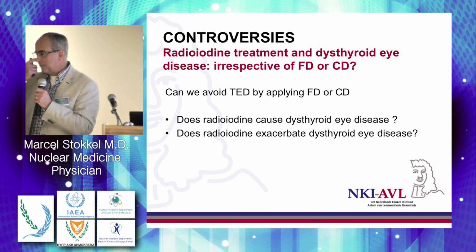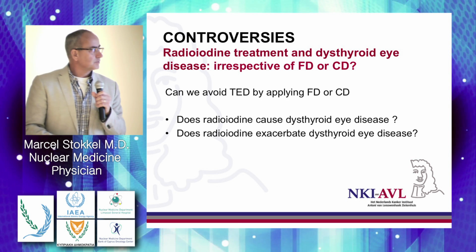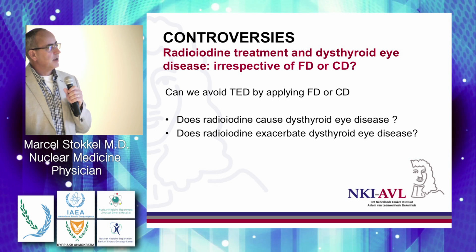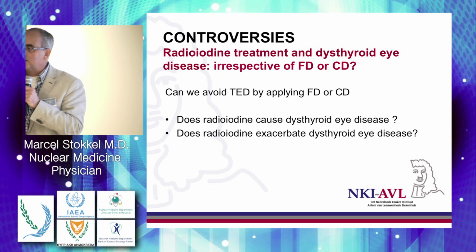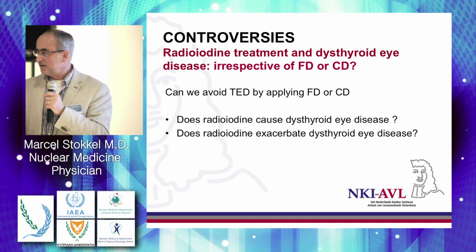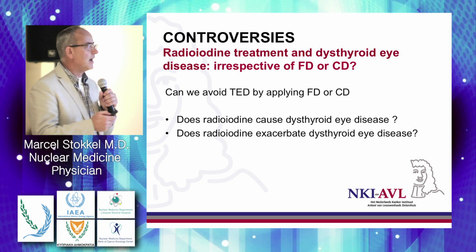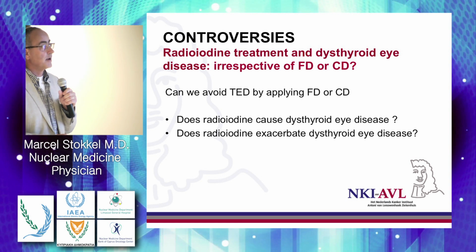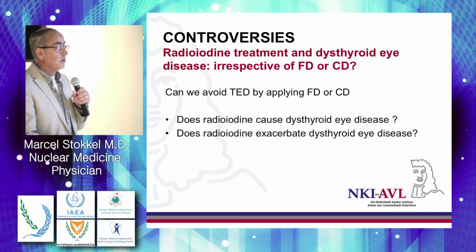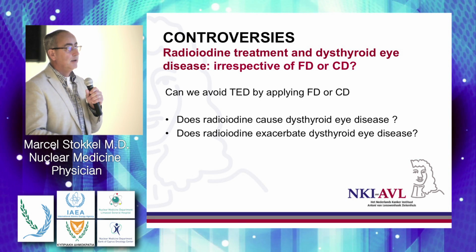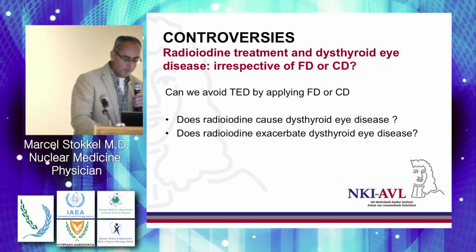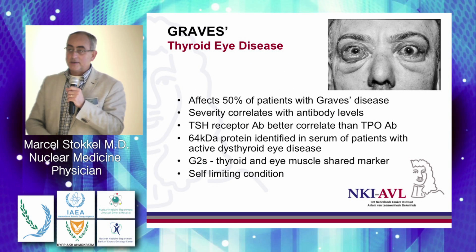Now, what about this thyroid eye disease? Can we avoid this entity by applying a fixed or calculated dose? Has it any relation with a fixed or calculated dose? What should we do when patients present with hyperthyroidism and eye disorders? So the question is, does radioiodine cause this thyroid eye disease? Another thing is, when there is already an eye disease present, does it exacerbate this entity? Well, what we know about this is that